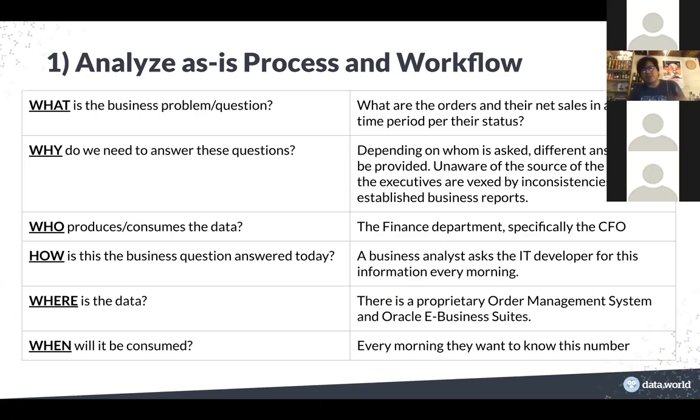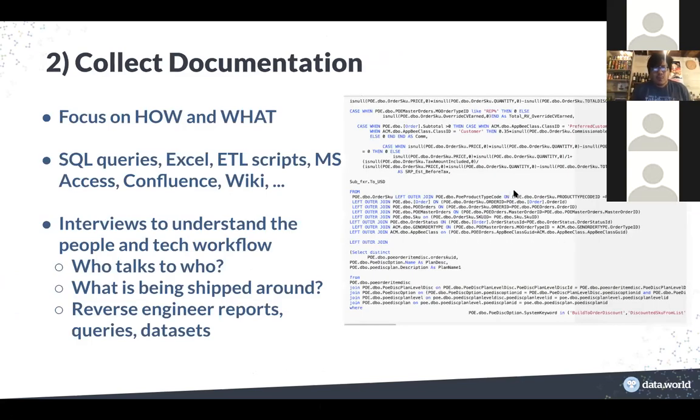So in this first process, we literally want to understand the as-is process within an organization: the who, what, where, when, whys. You can imagine this is the stuff that the knowledge scientist would be doing, working with the different consumers and producers of data. Then we start to collect as much data and documentation as we can. How are people answering this question right now? If so, how are they doing that? Are they running queries? Do they have Excel, or macros in Excel, or ETL scripts? Let's catalog all this information that we have.